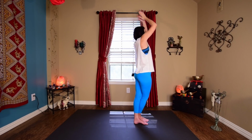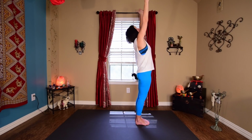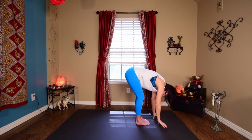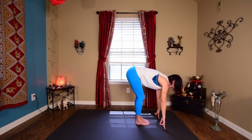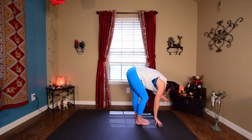Come back to center, hands to your heart, unwind. So inhale, sweep hands up, look up at your palms. Exhale, fold forward. Inhale, lift halfway, hands to shins or to the floor. Exhale, fold. You're going to bend your right knee deeply, right fingertips stay down, left hand sweeps up